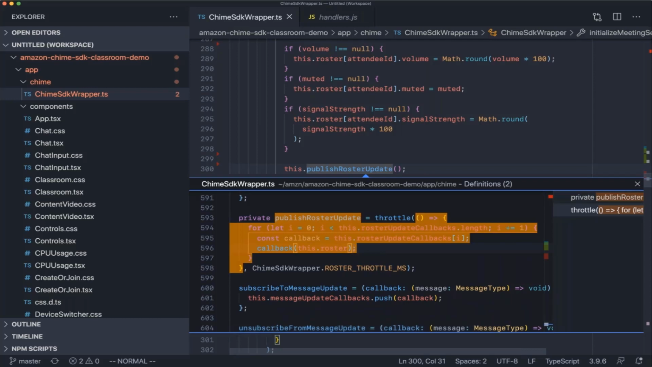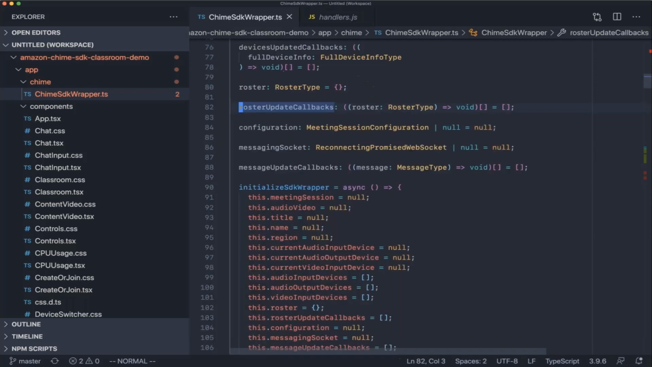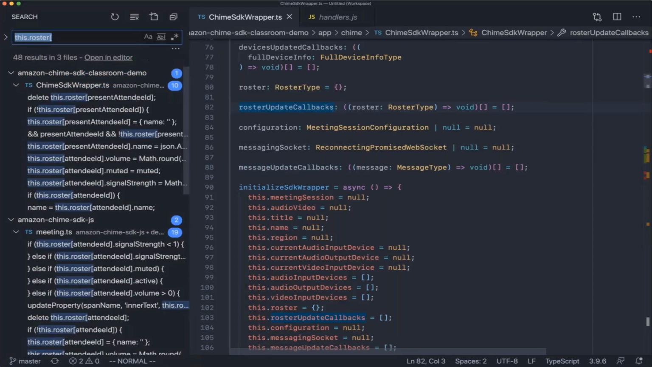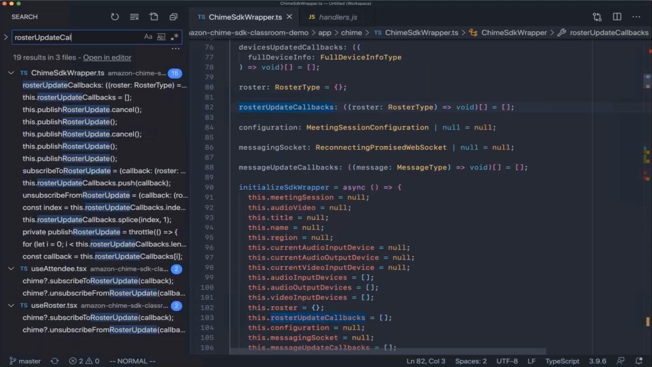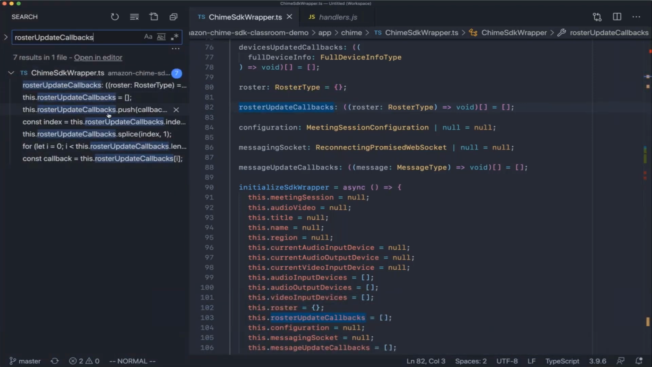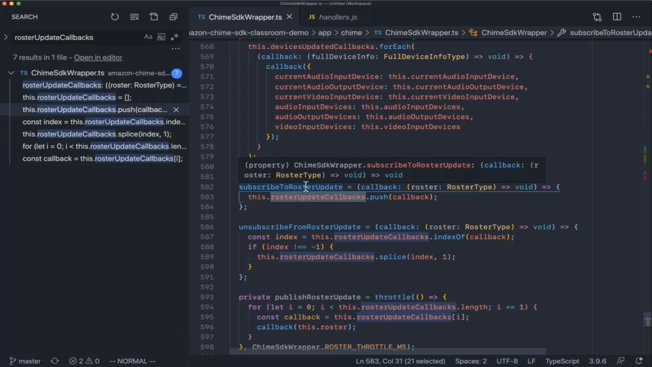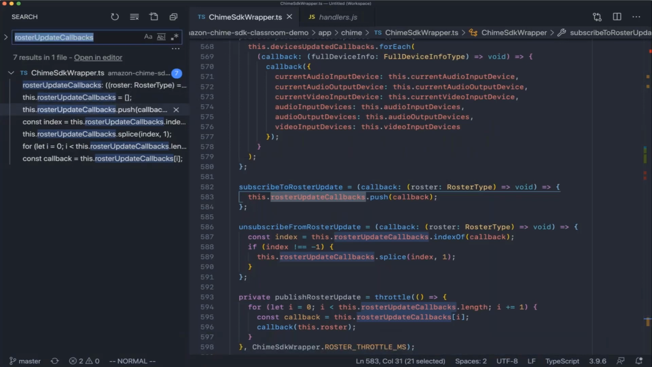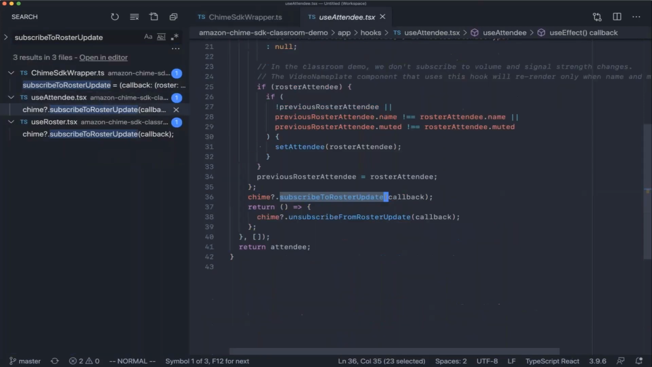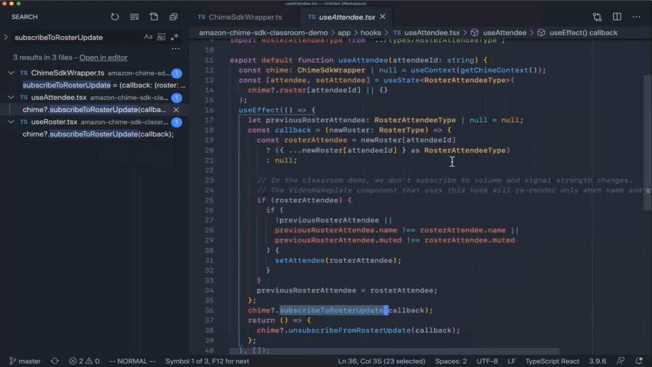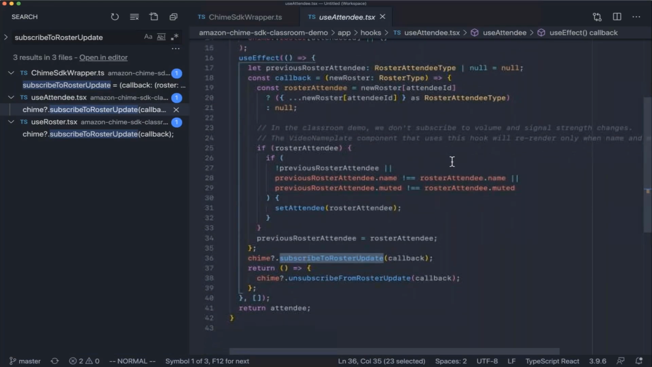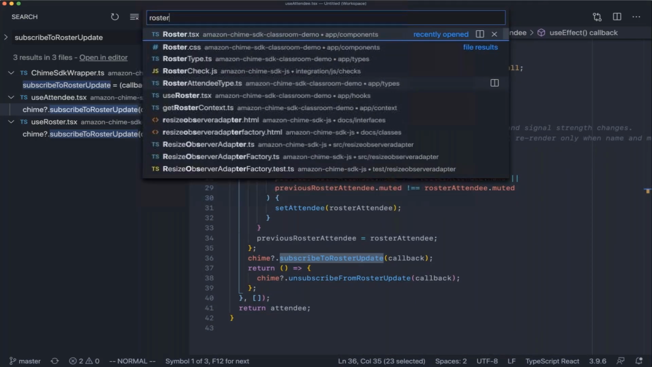Now, how are those callbacks actually used? Well, if we go and search for roster update callbacks, you'll see that we use the subscribe to roster update. And if we look for where subscribe to roster update is used, you'll see that these hooks, use attendee and use roster, let us track those roster state changes. And that's the foundation of how we build a component like roster,